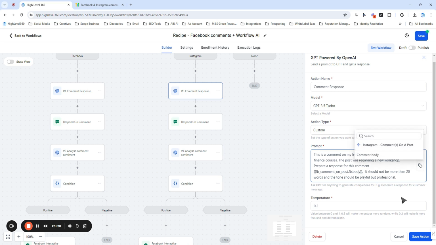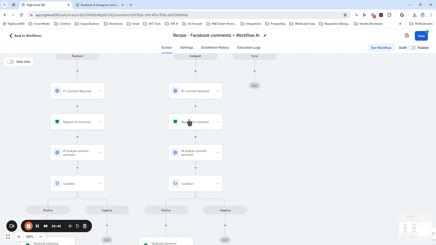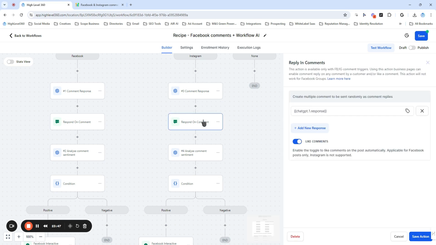And I go to add a new custom value, it's automatically going to go to the bottom of the prompt. So what I like to do is copy that custom value, then erase it, then go here and do Command V. Okay, and now I'm giving it the Instagram post response. Now I hit save, and next on respond on comment, this action is good for Facebook or Instagram, so we